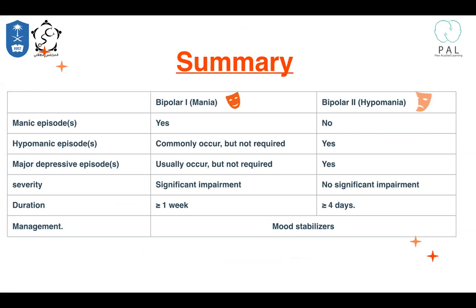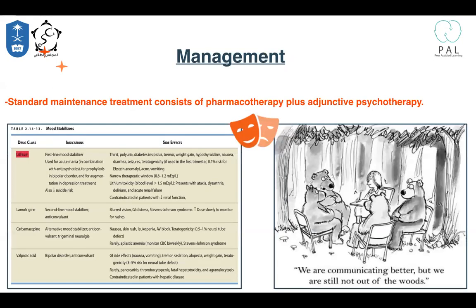طيب severity bipolar 1 is more severe. Duration bipolar 1 at least 1 week, bipolar 2 at least 4 days. Their management is the same. طيب how do we manage patient with bipolar؟